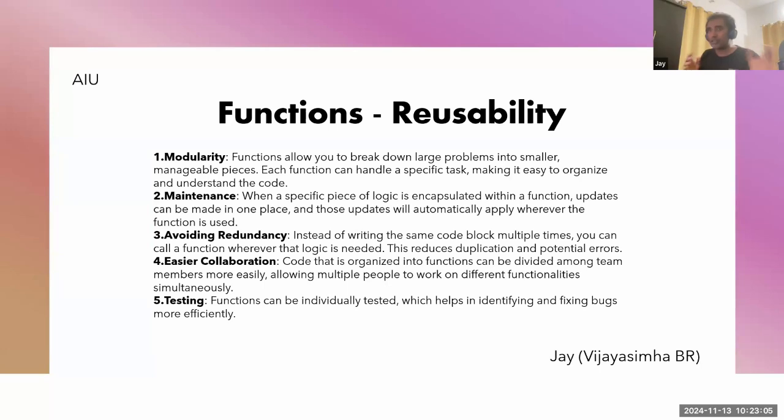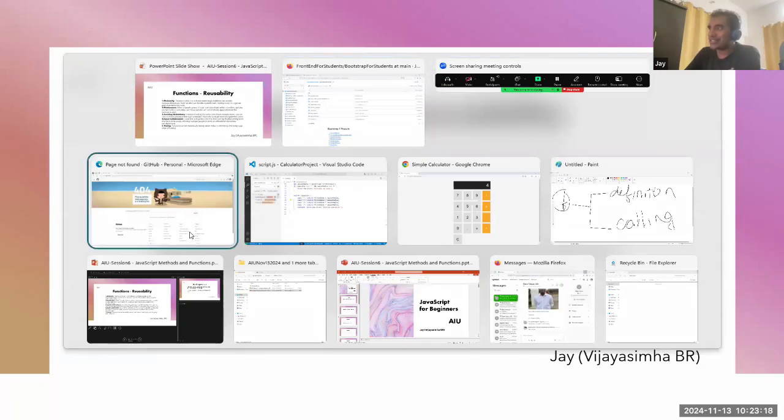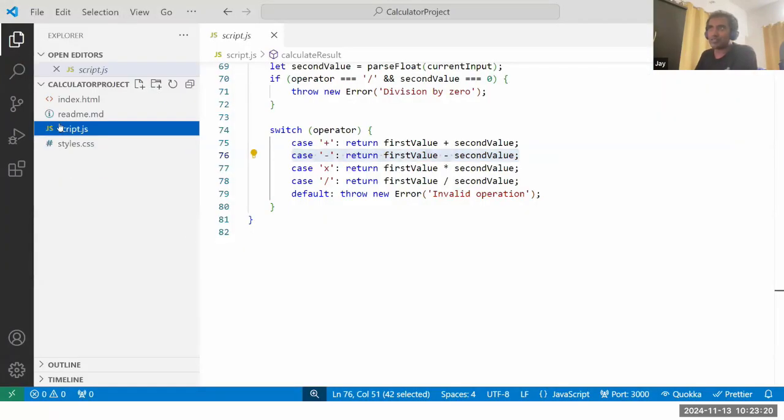Okay, so that's about redundancy. Redundancy means you please make sure you don't write the same code in different places. And this is something I'll tell you. When you're working on a project, right now it's just a simple project, right? The calculator is like what? Look at this. It's only like 1, 2, 3, 4, 5. That's it. But a big project, a real project, will have many more files and a lot more complex things